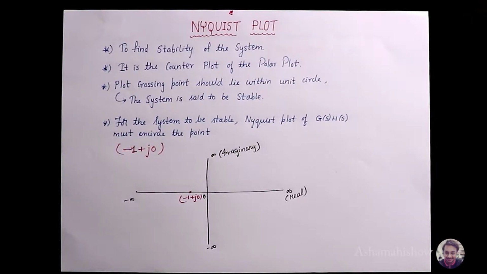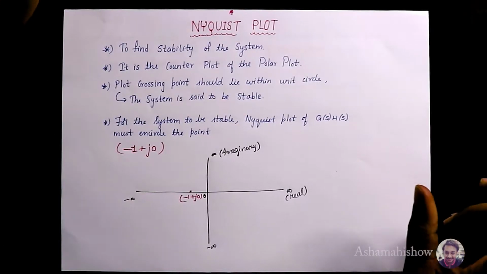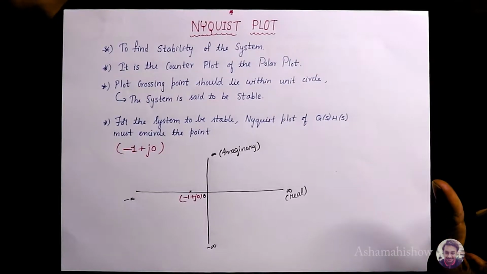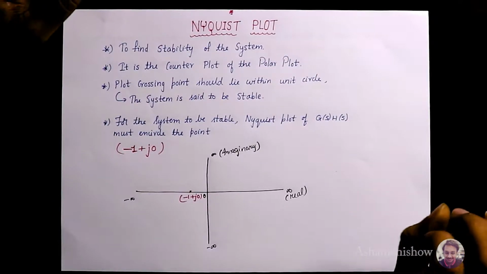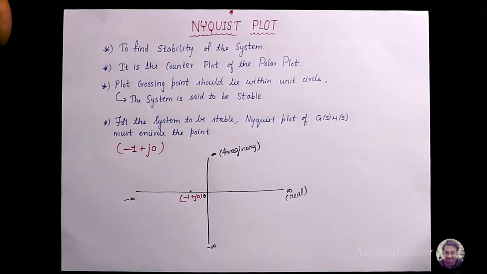So, the new topic today is the Nyquist plot. In stability analysis, we have seen root locus, Bode plot, and polar plot, and we have seen how the problems are done. The videos are already there in my previous videos. If you haven't seen them, I have given the link in the i-card mentioned above. Today we will be seeing the Nyquist plot.